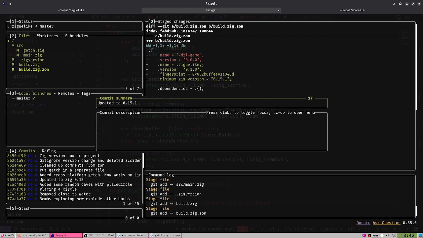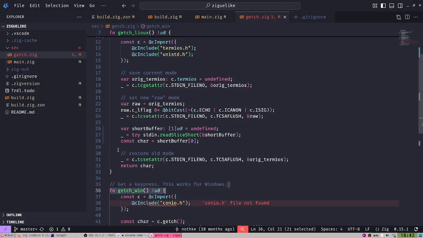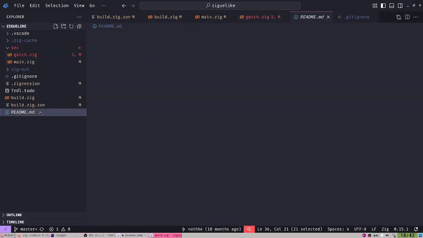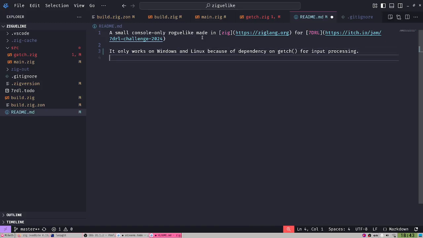One thing that probably changed is that the README should mention it as well. A small console-only roguelike made for 7DRL. It only works on Windows because of dependency on getch for input. No, that's not true. It also works in Linux. In Windows and Linux, getch for input processing.